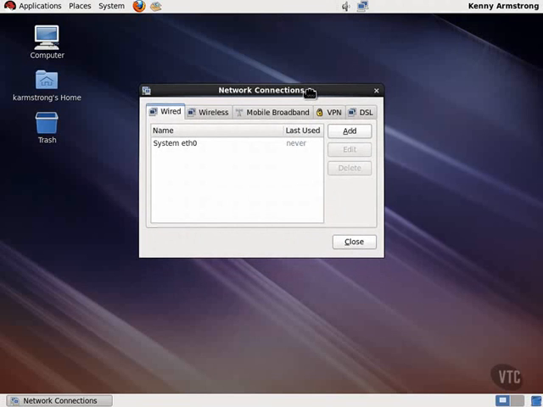By clicking on the Wireless tab, we can enter in a wireless connection. Click the Add button. Give it a meaningful name. Generally, giving it the same name as the SSID will help you identify which network you are connecting to. You can enter in your SSID information,